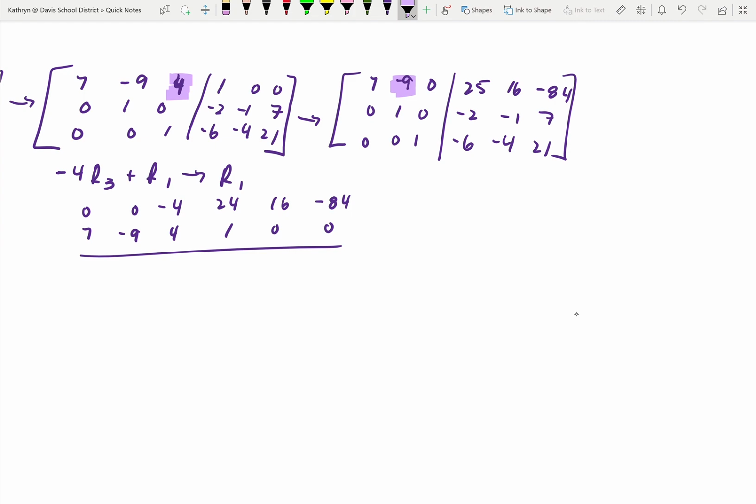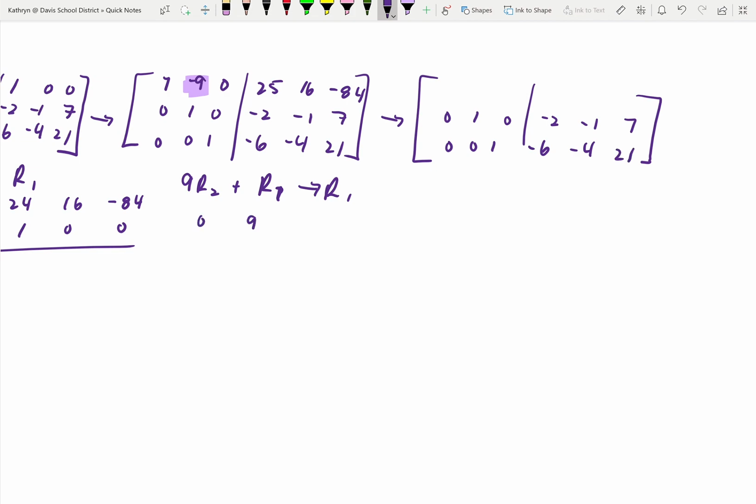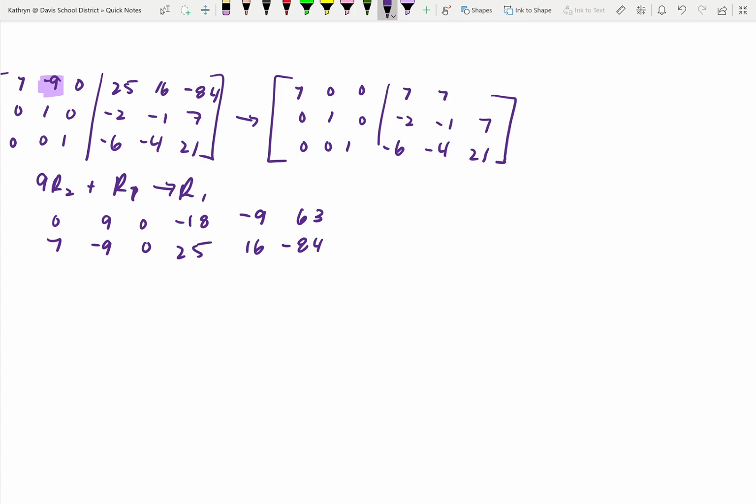Now I need that to be a 0. So I'm going to go 9 times row 2 plus row 1 becomes my new row 1. So row 2 doesn't change. Row 3 doesn't change. 9 across the center, 0, 9, 0, negative 18, negative 9, and 63. Write row 1 underneath it. Add those together and I get 7, 0, 0, 7, 7,